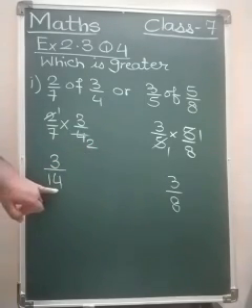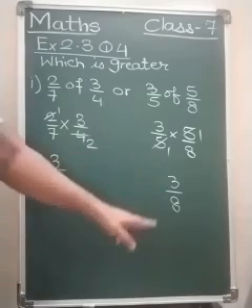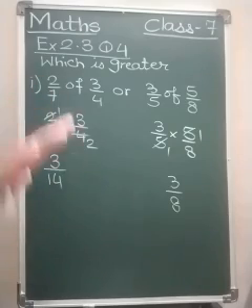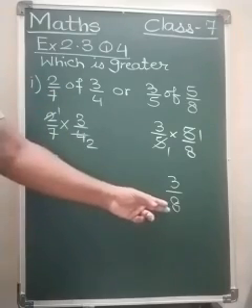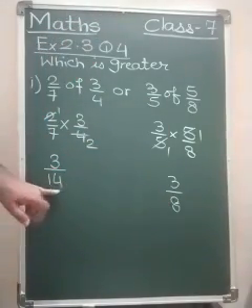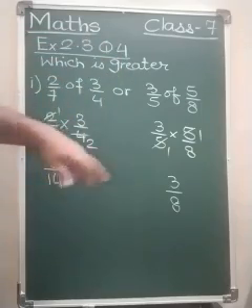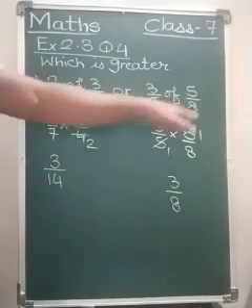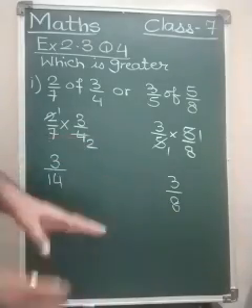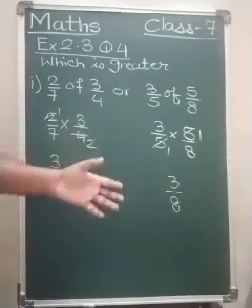Here 14 is greater, usually 14 is a bigger number, so we will think that this fraction should be greater and this should be smaller, but no. Greater the denominator, lesser is the fraction, smaller the denominator, greater is the fraction. So in between 14 and 8, 14 is greater, so 3 upon 14 should be less, and which is greater they have asked, so we can say 3 upon 5 of 5 upon 8, that is 3 upon 8, should be greater. But this is only our oral judgment. We have to actually solve and see what answer we get.